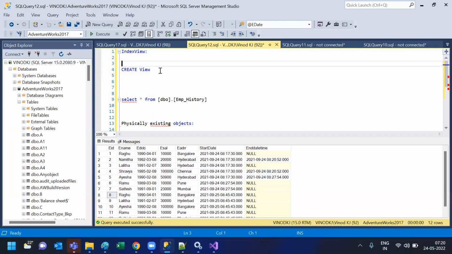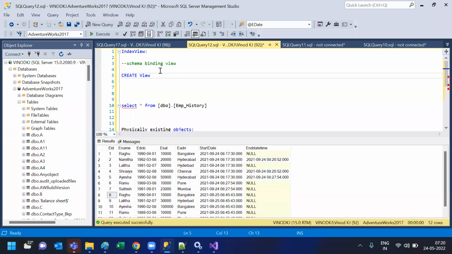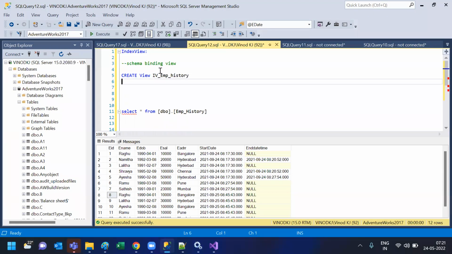So for that, first of all we'll create a schema binding view. It's very important. Schema binding view. What exactly does this view mean? Let me create the view first. Okay, create view. View name, anyway, I'll take iv underscore employee underscore history, with schema binding. It is a single keyword. Okay, as